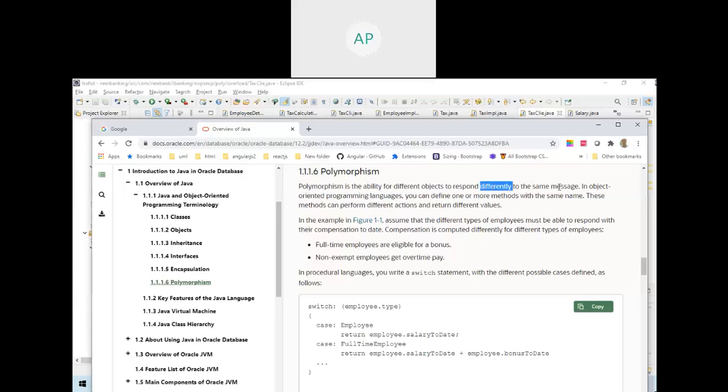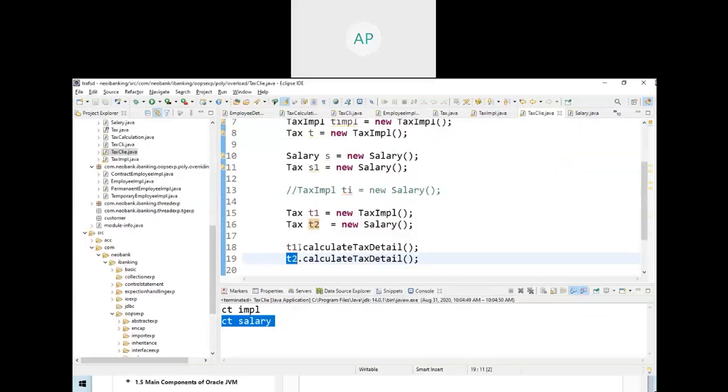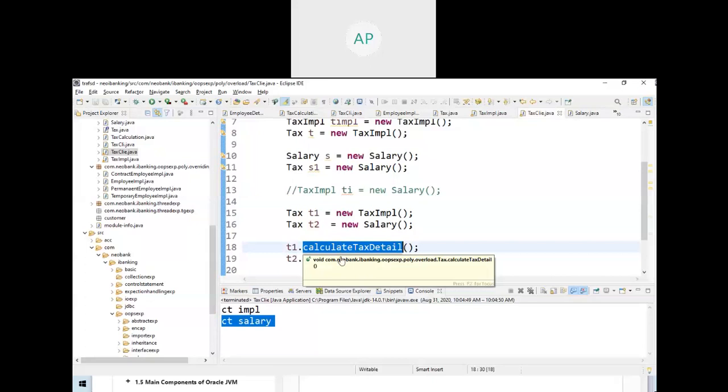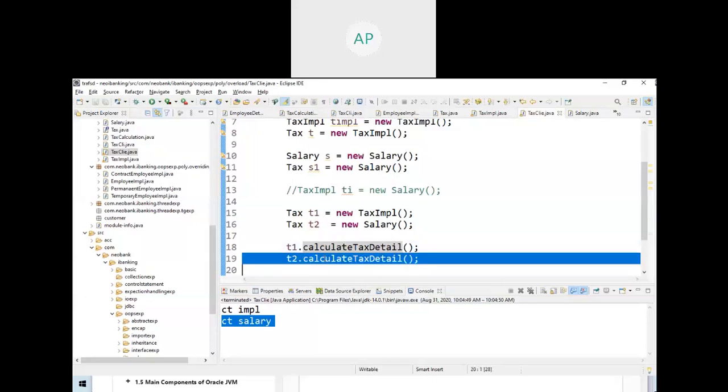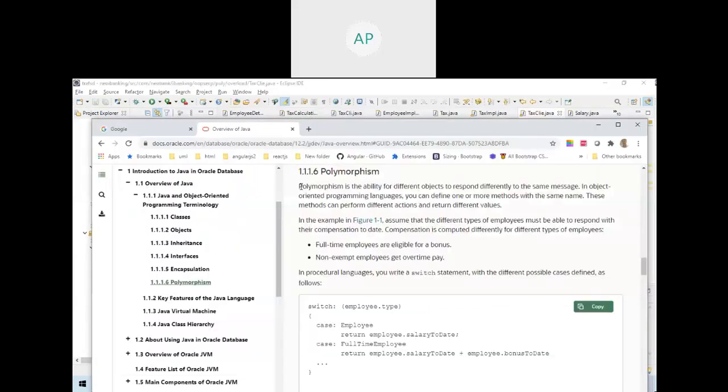So when you go here, polymorphism is the ability for different objects to respond differently to the same message. Different object, different response, but same message. See, same message: calculateTaxDetail. You should be able to get this one.